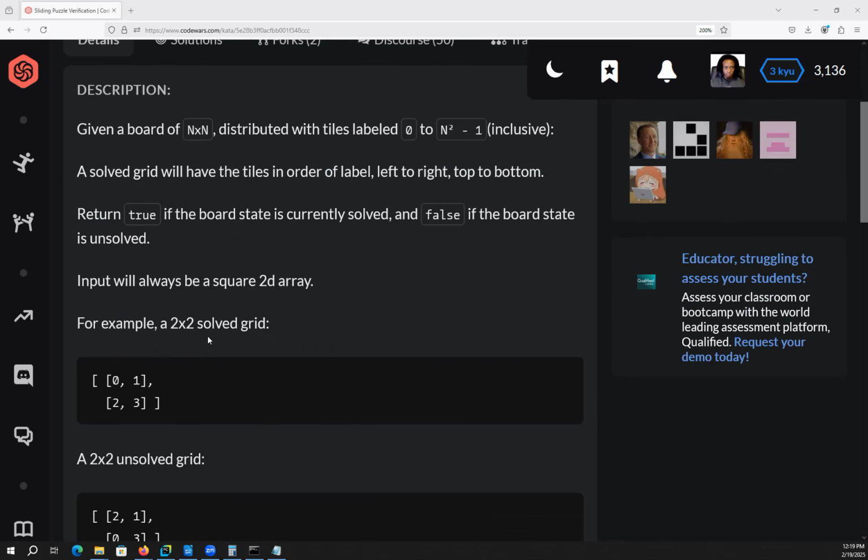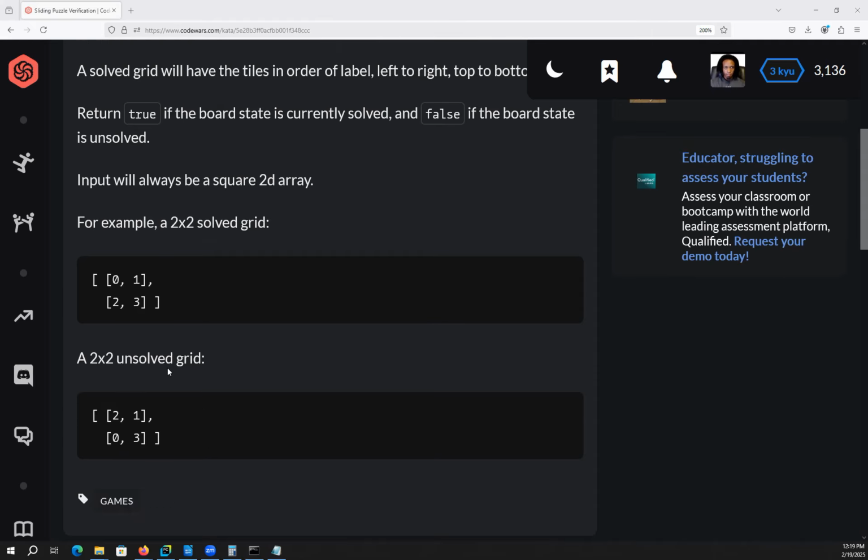A 2x2 solved grid is going to look like this, where we have this two-dimensional list. It's sequential, 0, 1, 2, 3. That is said to be solved, so that would return a true. A 2x2 unsolved grid has numbers that are not in sequential order. And so